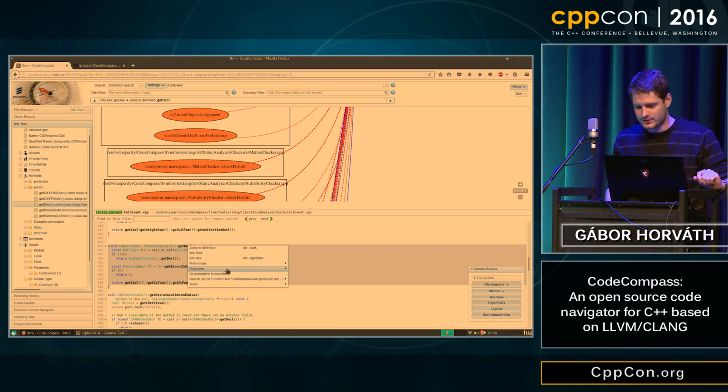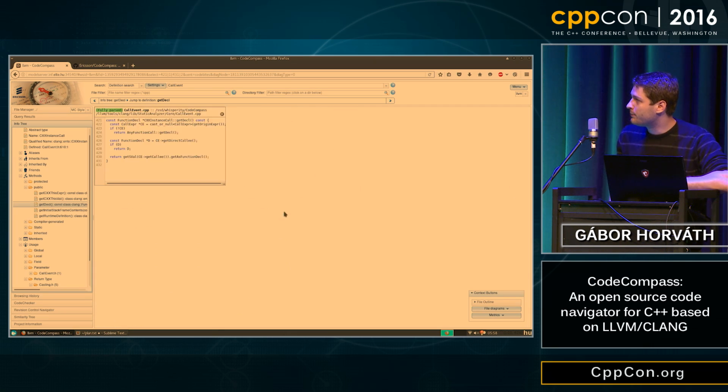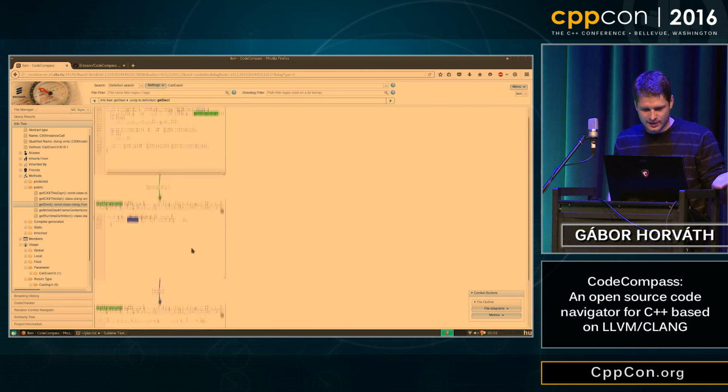So let's see how this function works. One of the pain points when we try to understand such functions is that it calls other functions which might be in other source files, and it would be great to see all of the important pieces of code next to each other. For example, if I click on a call to getOriginExpr, it is just another call. I might be curious what this variable is, and I can see its type,